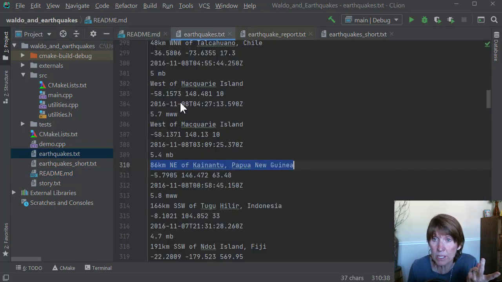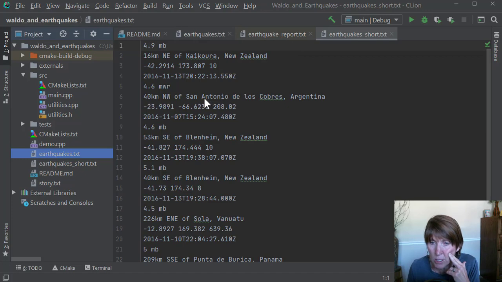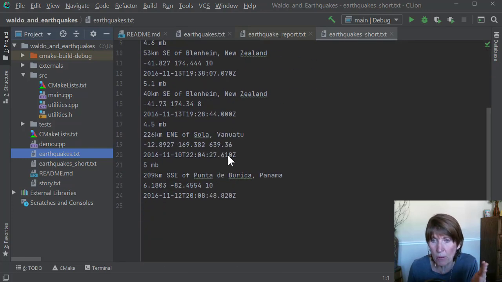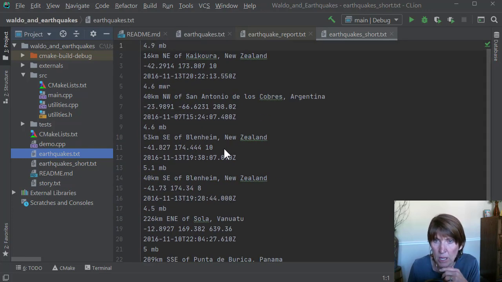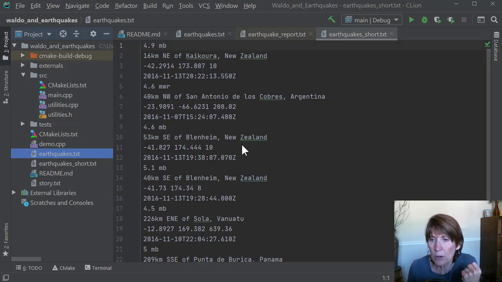So there's the regular one, which is the earthquakes.txt, and that's the one we're going to want to be working with when our project is all the way done. But there's also an earthquakes short that just doesn't have very many. And sometimes it's easier when you're coding to just have a few to look through. And that way you can check the details pretty quickly, rather than having to scan through so many. So there's this earthquake short that just has a few entries. And just use that for when you're coding, when you're getting the details worked out.